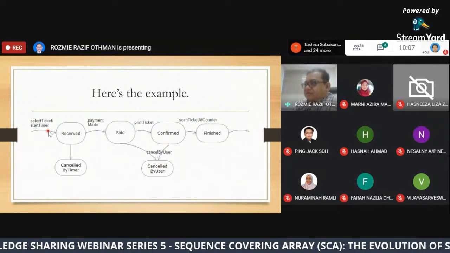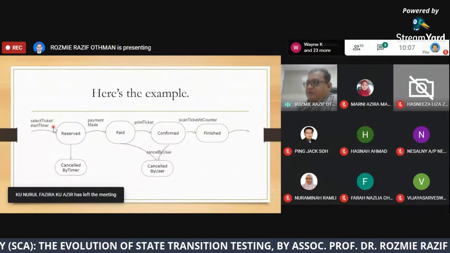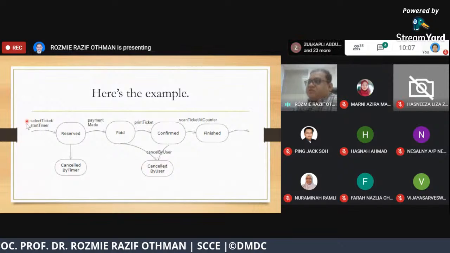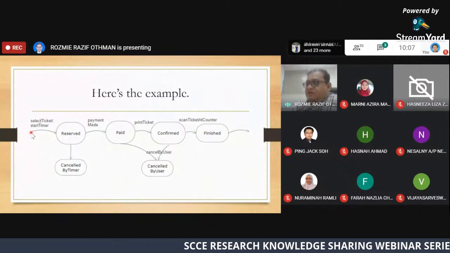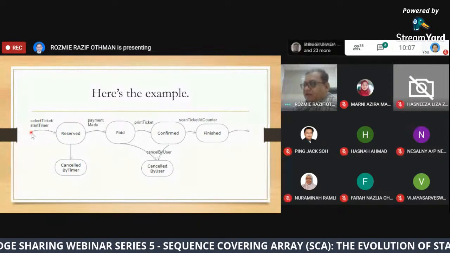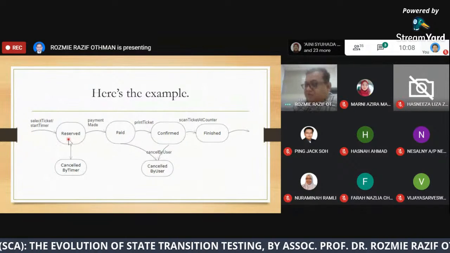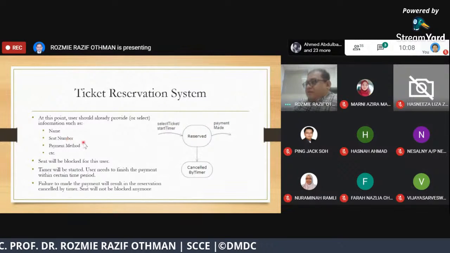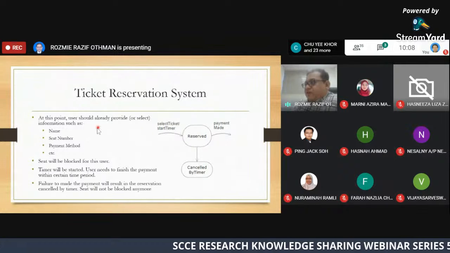When we select the seat, before we confirm and make payment, a timer will start, which means that we need to complete our payment within that time period, or otherwise the seat that we have booked will be made available again. The explanation of each state I put in another slide. In the reserve state, basically it is what I told you before.